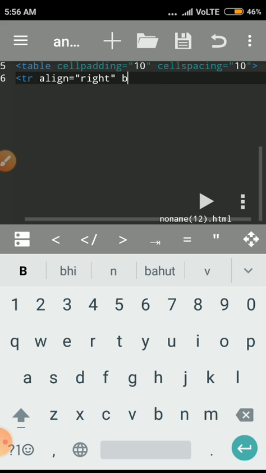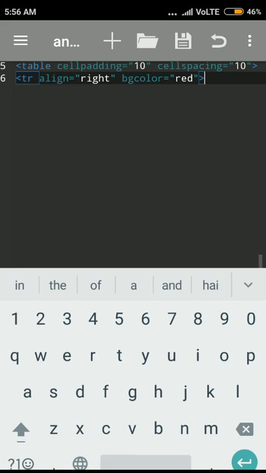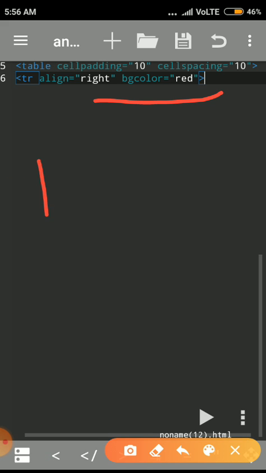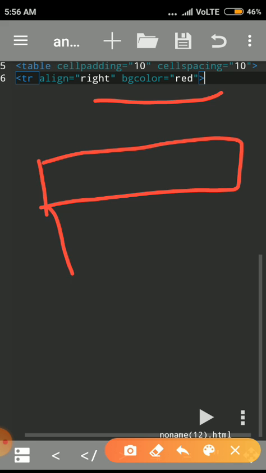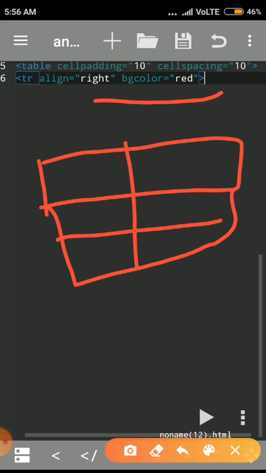Okay, so here I give bgcolor equal to, inside the double quotation, suppose I give red. So it will change only that particular row's content. Okay, if I give it on the first row of the table, it will change. This is a table, suppose. So it will change everything in only the first row because I gave the content in a tr tag. Okay, like table border, valign, etc. we are also using.